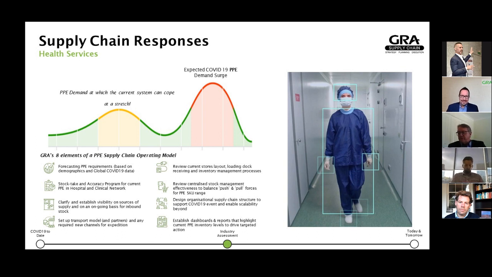Designing organisation supply chain structures to make sure that as a team, they can source the goods, move them through the supply chain, get them to the point they need to be, and keep track. And the last of the 8 is establish dashboards and reports that highlight the inventory levels and targeted action. So a very clear plan of identify all the issues currently, resolve them, train the people up to perform them,